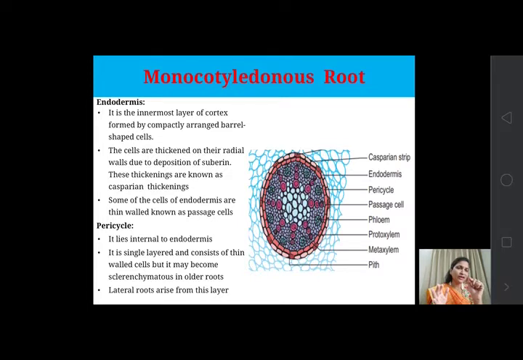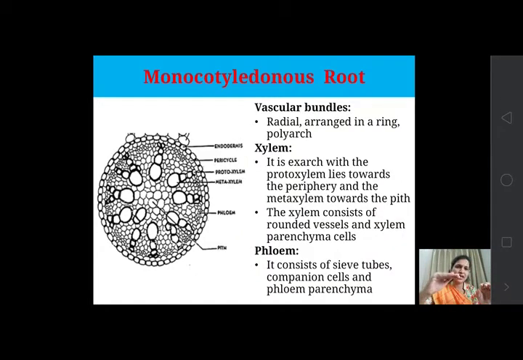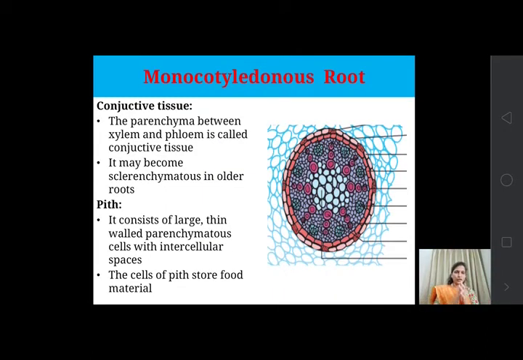So this red color indicates the xylem tissues, and in between these two xylem arches there is a presence of a rounded patch that is known as the phloem. Okay, so this is the phloem, present in between these xylem. Okay, so it is made up of sieve tubes, companion cells and phloem parenchyma. Okay, so the remaining part you can see are living thin walled cells, known as the conjunctive tissue.